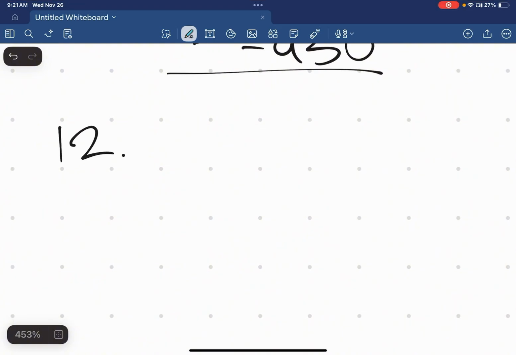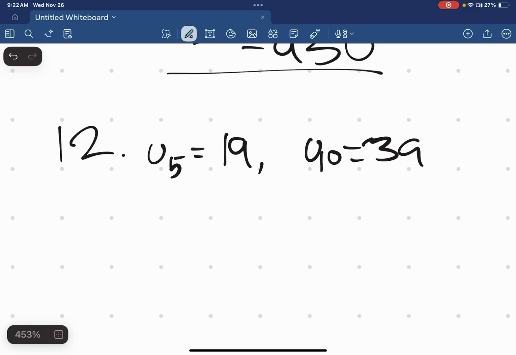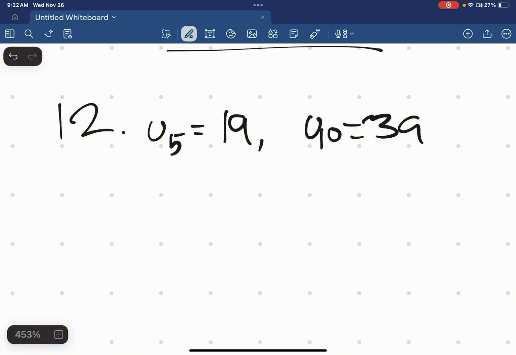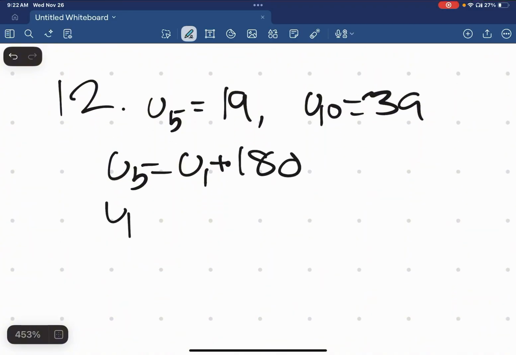Okay, number 12. We have a word problem here. Calculate the sum of an arithmetic series with 25 terms, given that the fifth term, so u5, is equal to 19, and that the 10th term is equal to 39. Let's just put these in their general forms. You know that u5 is going to be equal to u1 plus 18d. That u10 is going to be equal to u1 plus,